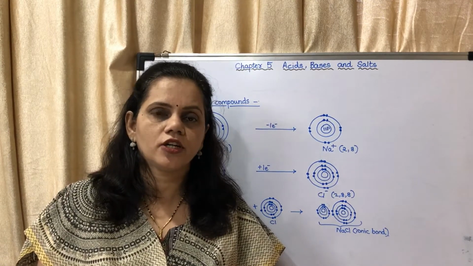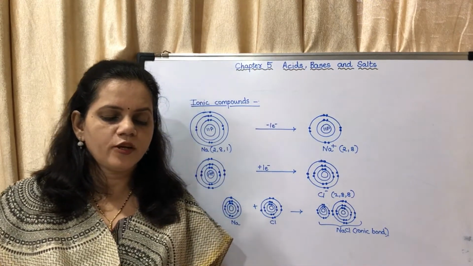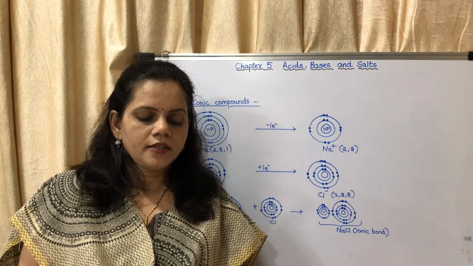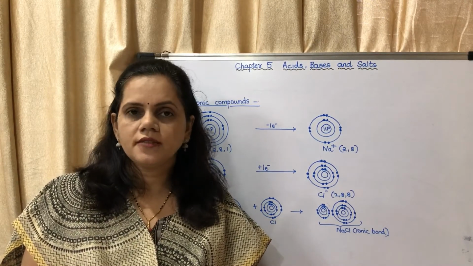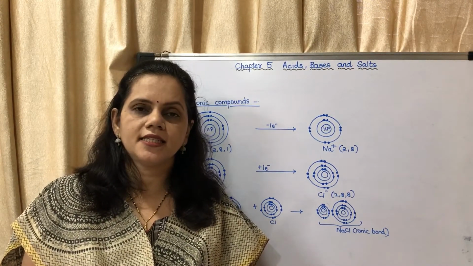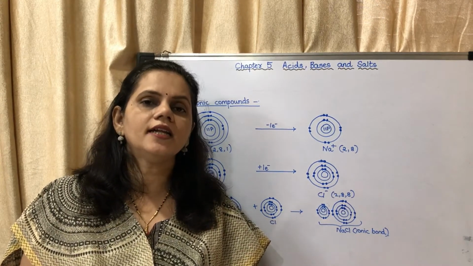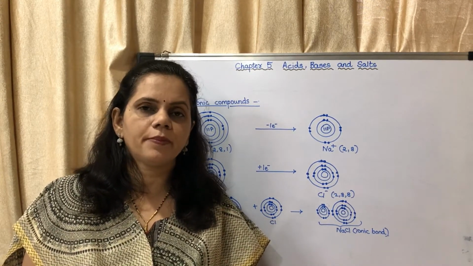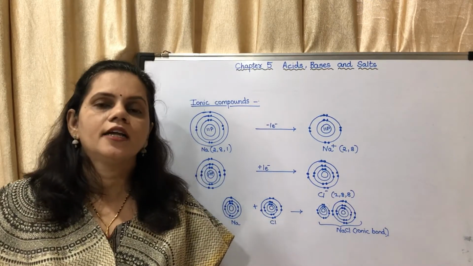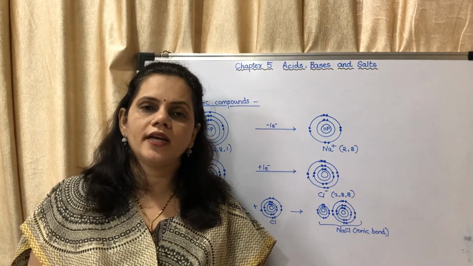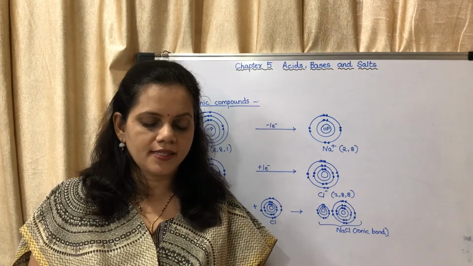First one is hydrochloric acid. The molecular formula is HCl. The basic radical, that is the positive radical, is H plus and the acidic radical is Cl minus. So it is an acid. What is the type of the compound? It is an acid. Now you may fill up the table with a pencil while I am telling you.